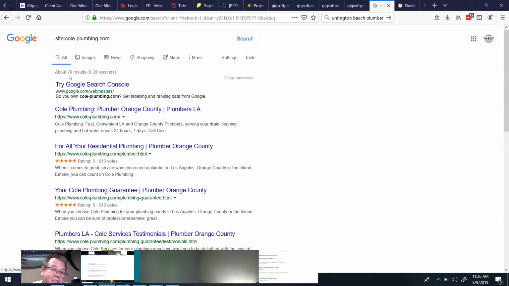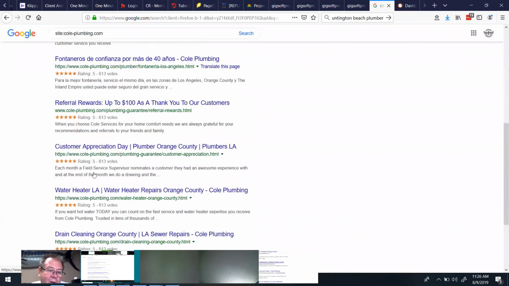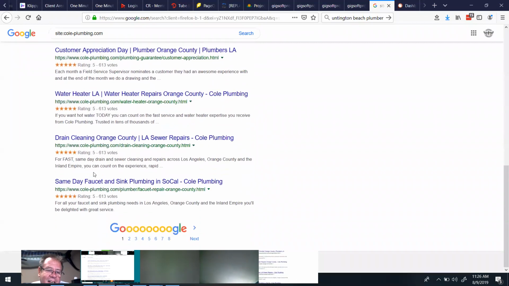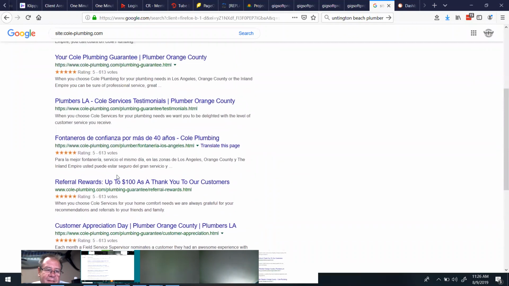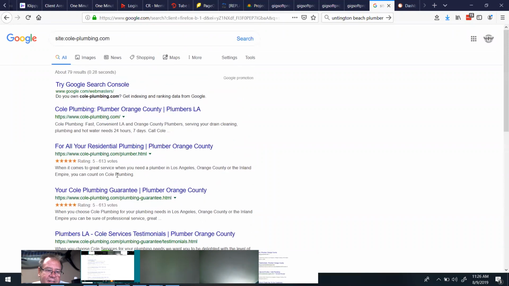Basically, these are all pages on the site that are showing up. So I am really suspicious why there's 79 pages that Google has indexed, but they're not ranking for any of them. They were only ranking for one keyword. This site's probably got some issues, or maybe it's just getting started. Obviously they've got title tags and all that. Whatever it is, they just don't have traction. You're going to have a lot more trouble pushing this guy up than if you pushed up Gears Plumbing.